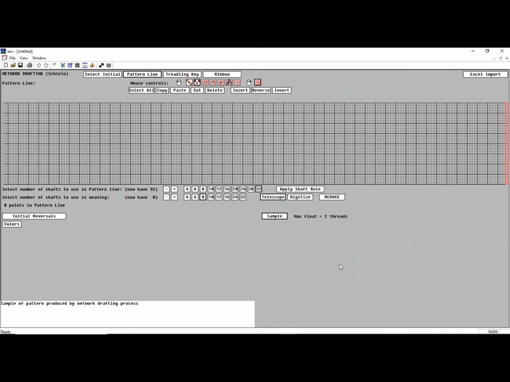This is a brief update for version 5.9. And what I've done is expanded the number of shafts available for network drafting to a full 32. So you can actually design and weave on 24 or 32 shafts. You can set that wherever you want to. And then you have the ability on the colors, initials, and reversals, and everything else to manage all 32 shafts and for echoes and